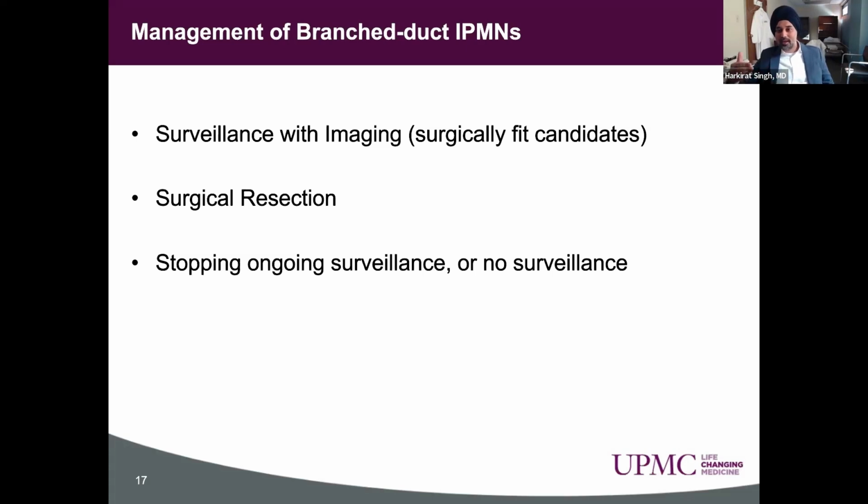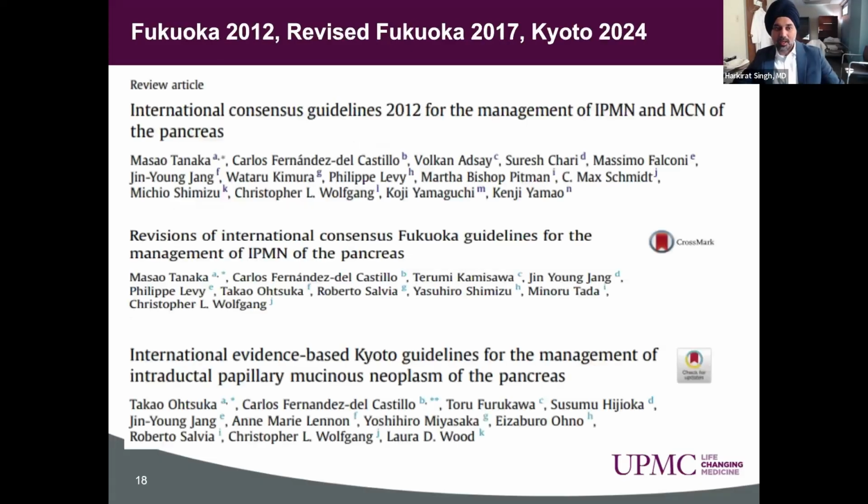So we just can't take every cyst out, because pancreatic surgery comes with morbidity and mortality. And if a cyst has a very low chance of ever turning into cancer, you can't just go and take all those cysts out. So that is why it is important for us to figure out exactly what the risk of malignancy in a cyst would be and which pathway a patient will fit.